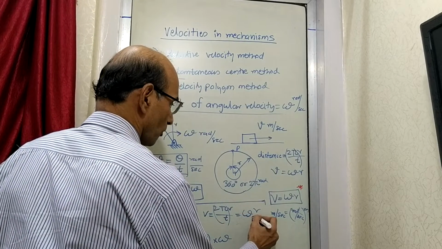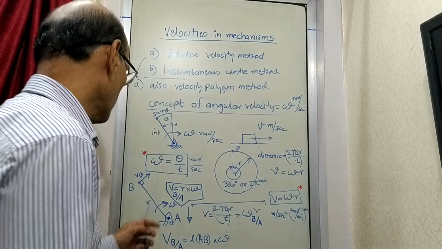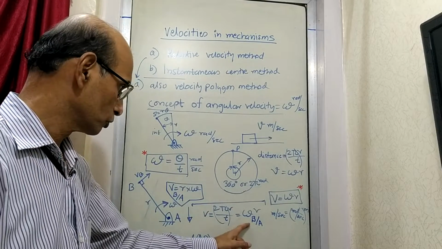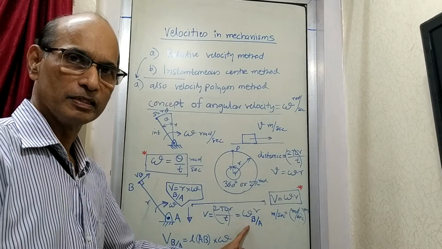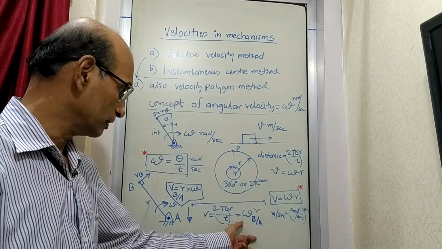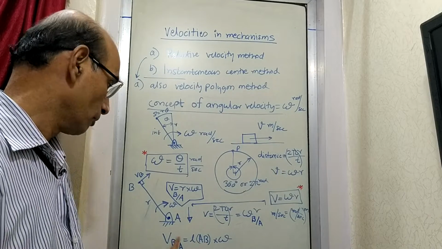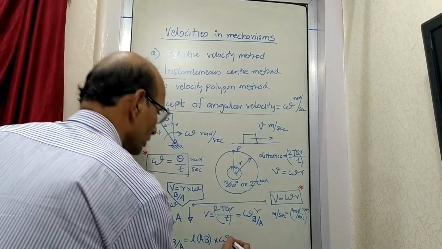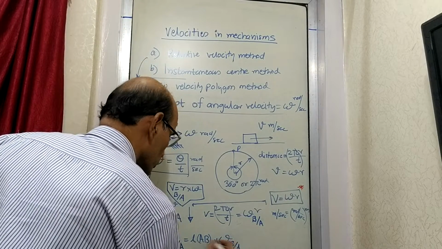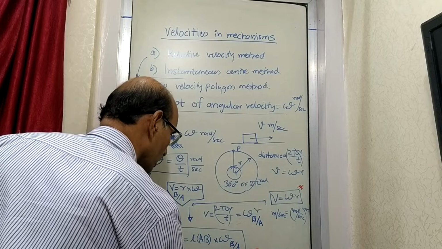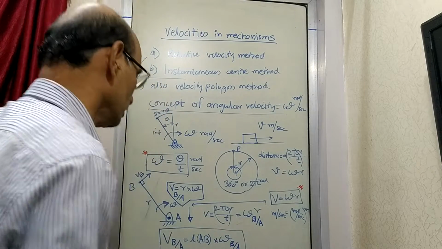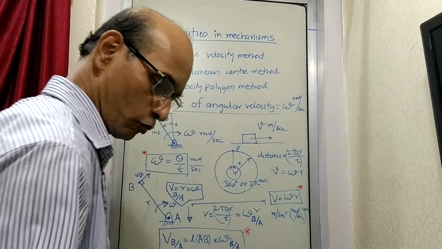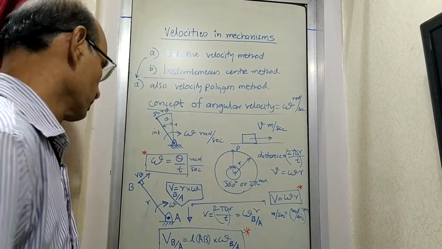So we write it is of B with respect to A. So angular velocity of point B with respect to A is written like this. It is just a terminology, the method in which it is written. So V, velocity of B with respect to A, is equal to distance AB and angular velocity of B with respect to A. So this becomes a more correct equation, how we are going to write in future. This is one more format of the equation which we are supposed to know and remember very well.